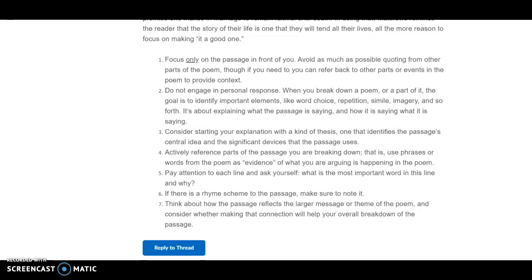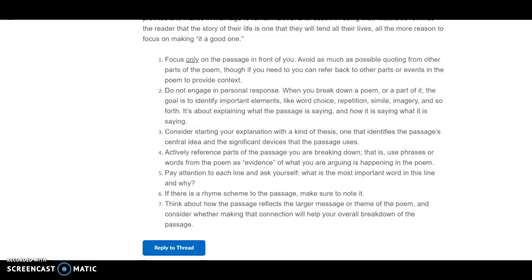When we're dealing with a short passage, an excerpt from a longer text, you want to especially only focus on the passage in front of you and not refer back to other parts of the poem or events in the poem or the text if we're dealing with a passage from a short story, because what I'm asking you to do is to really take a close look at the thing in front of you and not to try to talk about the entire text. So this is one thing that in particular with this first round of posts, a lot of people were doing, which was very understandable. But when you're doing a true close reading, you only deal with what's right on the page and with nothing else.